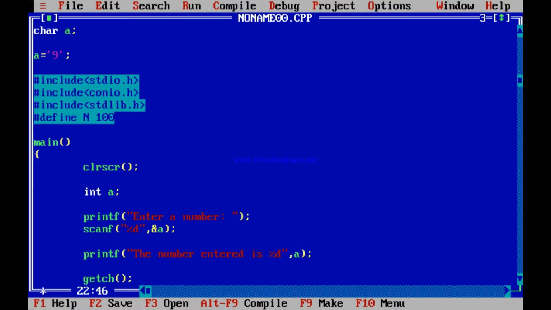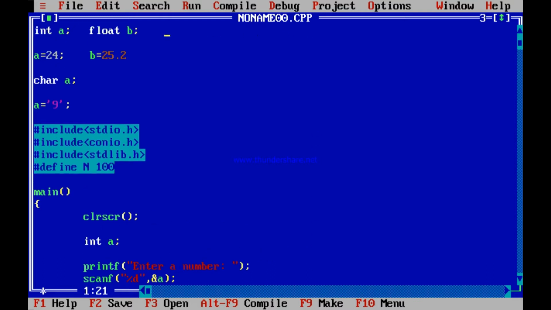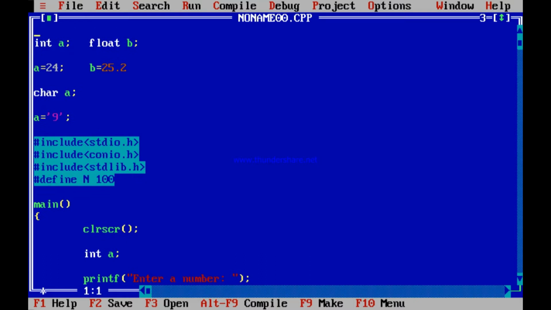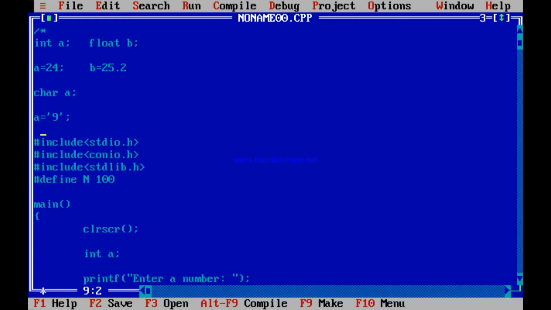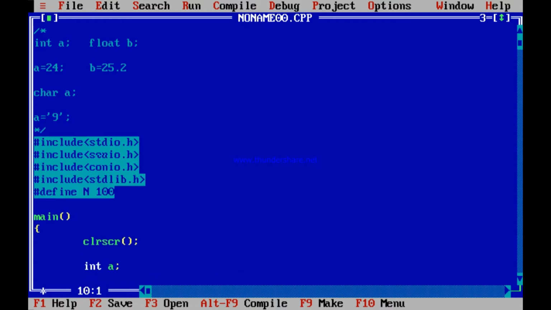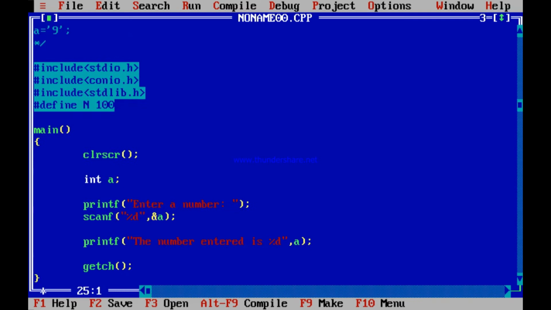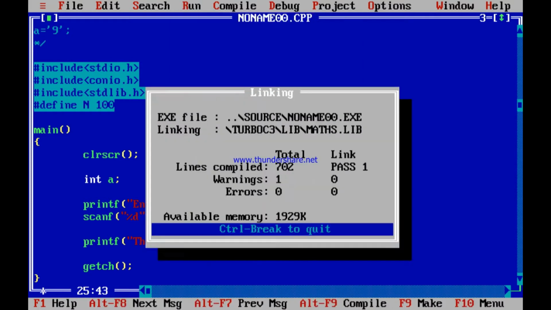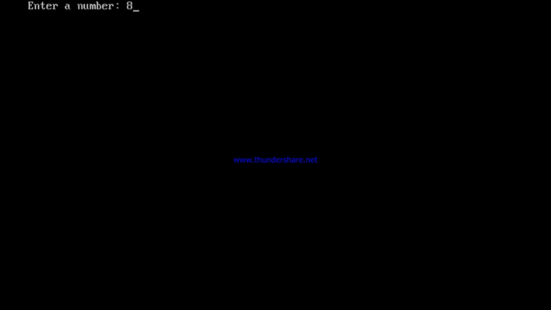What happens when you run this code? I will comment this part out and then run this code, and then compare it with how you can write a program which involves characters. So see over here, int a, printf enter a number, scanf %d ampersand a, then printf the number you entered is %d and a replacing that, which means the number that you enter is scanned within a and then again printed. So it is as simple as anything. Maybe the first program that you wrote: 86, the number entered is 86.